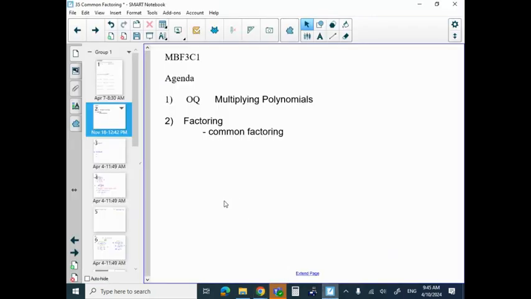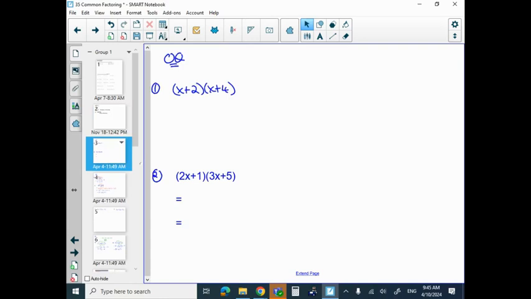Hello, everybody. This lesson is about common factoring, or working towards factoring. You saw in the previous lesson sort of the opposite process, where you're multiplying out polynomials. I'll show an example or two of that. So when you're looking at the lesson on multiplying out, we